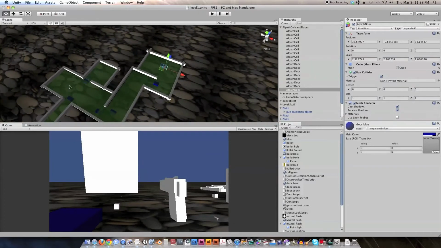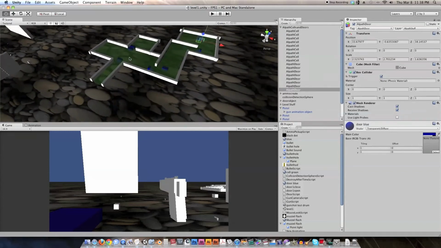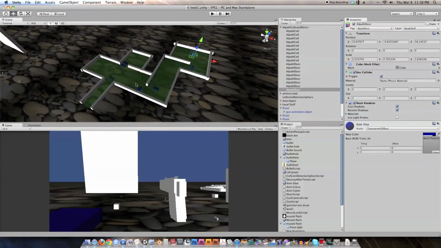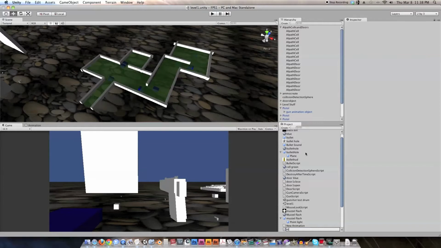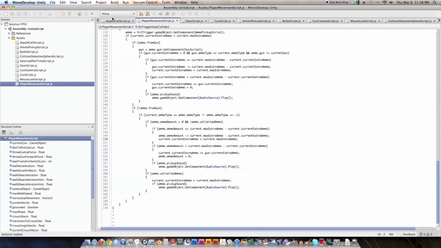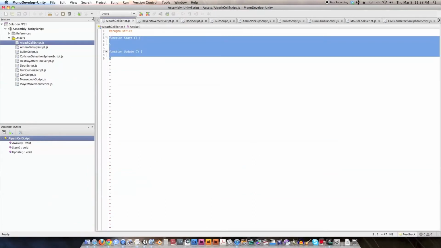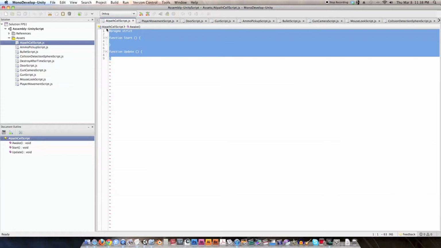So I think that's pretty good. So I think the next step is to create our scripts. So let's start with the cell script. So create JavaScript AIPathCell script. And this one was incredibly simple. Where is it? AIpathCell script. And we're going to delete all of that, even though I'm pretty sure it's going to give me an error